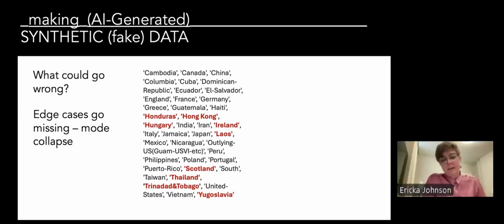So for example, in the original data, we had 41 countries of origin. So where the adult population of the US was born, most of them were born in the US, and the US was very well represented in our new synthetic data set. But 9 countries went missing from that. And these were the countries that had very few people that were born in them that were currently living in the US in 1990. I'm going to be talking about this data set some more a little bit later, so pay attention here. We started to see that the edge cases were missing at all of the different attributes.